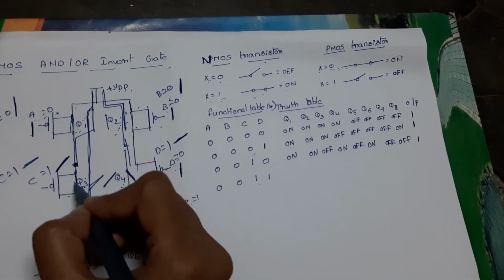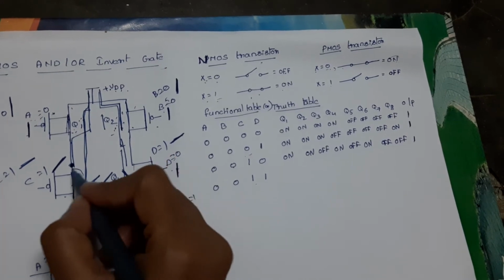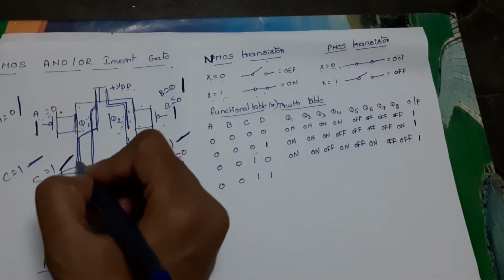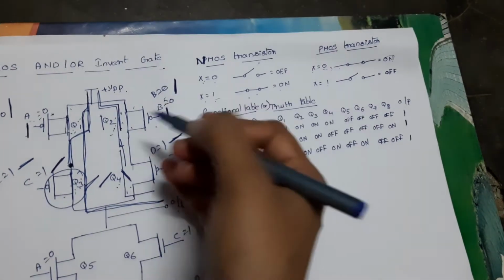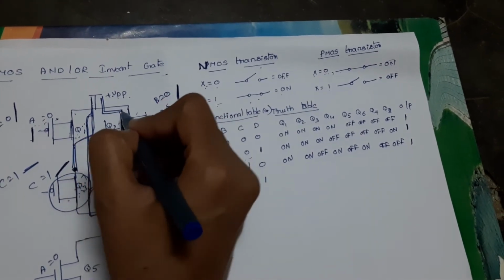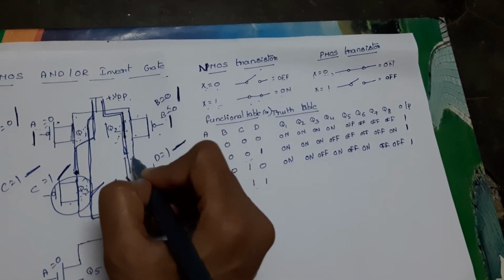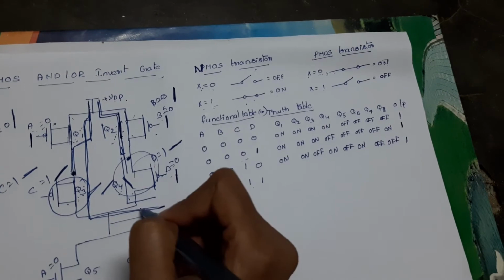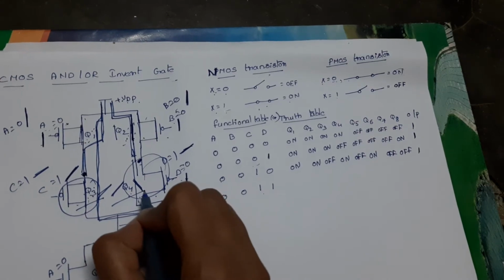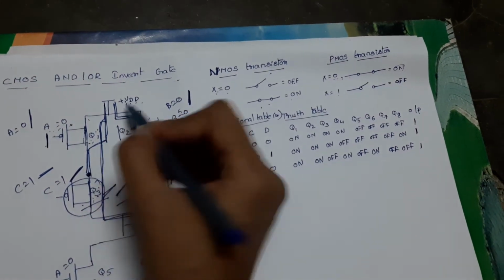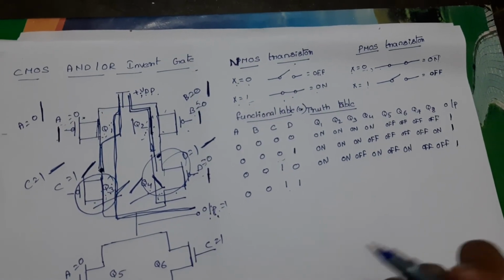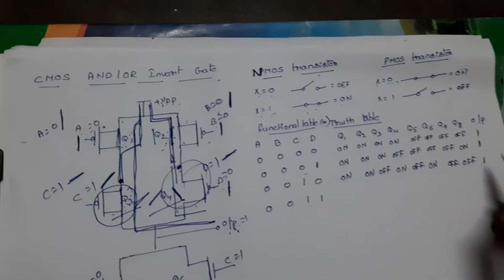So at this point the voltage is going to break. Why? Because the transistor Q3 is in open circuit, so from this direction the voltage does not flow into the output. So let us see this direction also. Here the transistor Q2 is in short circuit only, so the plus VDD voltage flows up to here only, because the transistor Q4 is open circuited. So because the transistors Q3 and Q4 are open circuited, there is no flow of voltage from plus VDD to the output terminal. So we can say that output is 0. Okay, so here the output is 0.